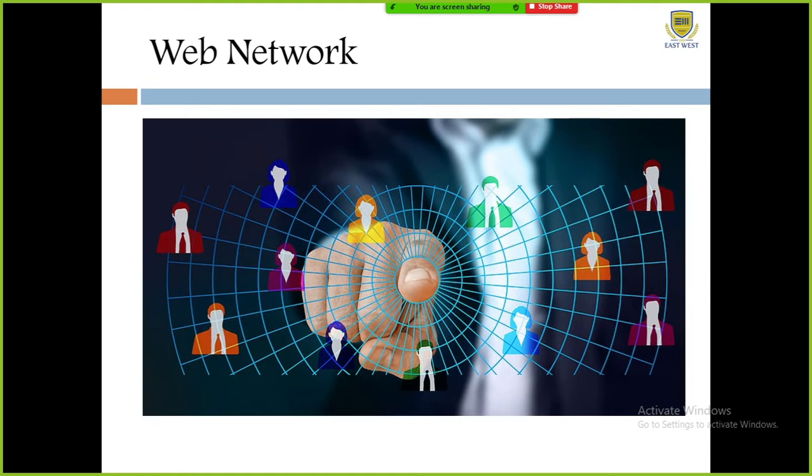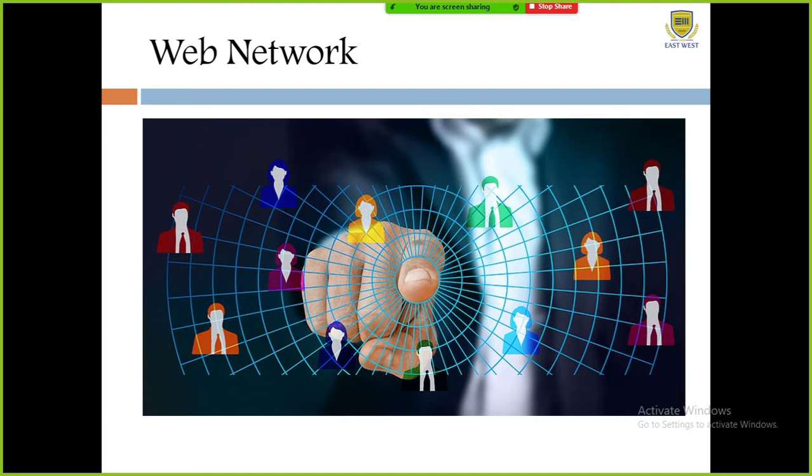We can also go for a friend of yours who is in some other country, like other foreign states. He has connectivity with you either through an email or video connectivity using different web applications. That is also one example of a wide area network.